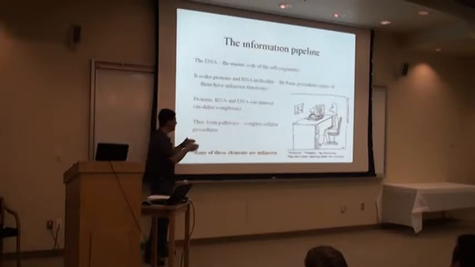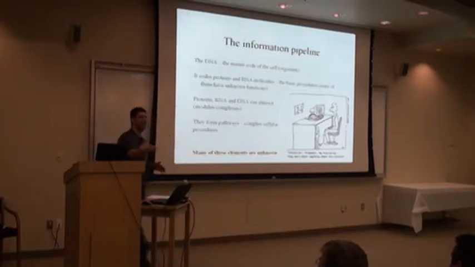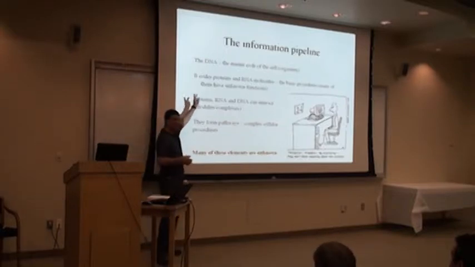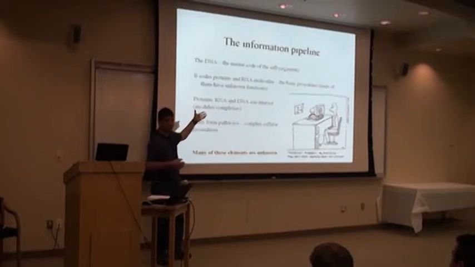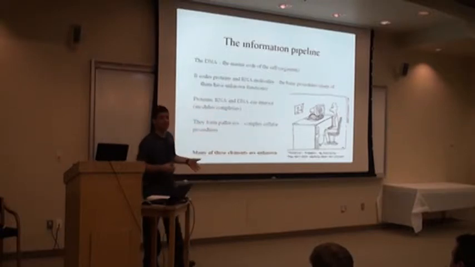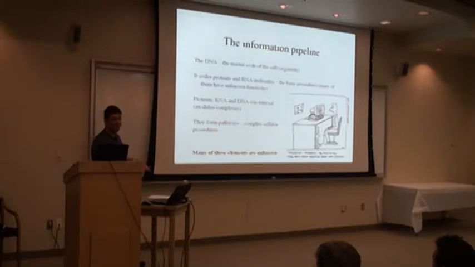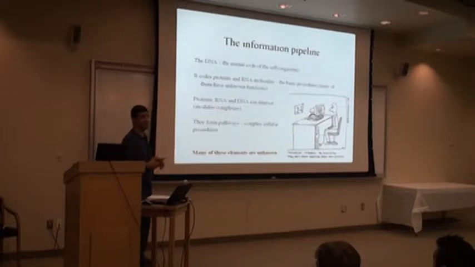Although I was making this kind of analogy between cells and computer programs and operating systems, this analogy can go only as far as a certain point, because one of the things that differentiate between cells and computer programs is the fact that the master code itself can change, can be reprogrammed. It can change as a result of random mutations, so it's a natural evolution of the code itself. Or it can change as a result of interference with external agents, like pathogens, for example. Viruses or bacteria can actually cause changes in the genome and obviously change its function.